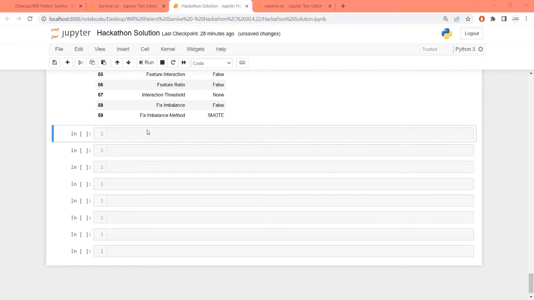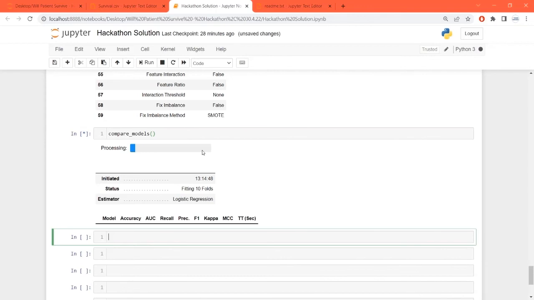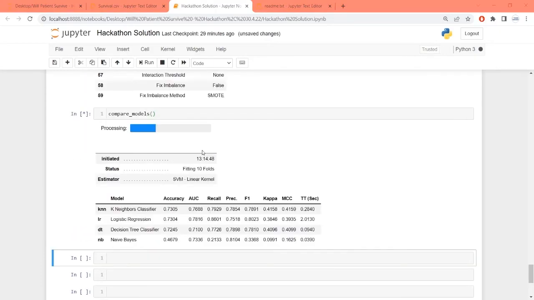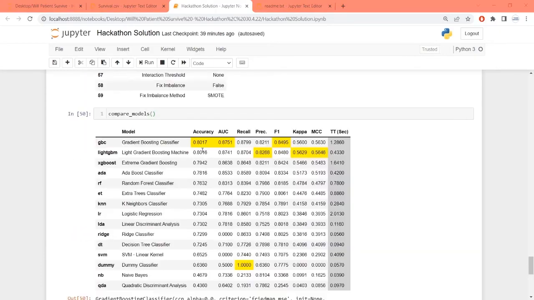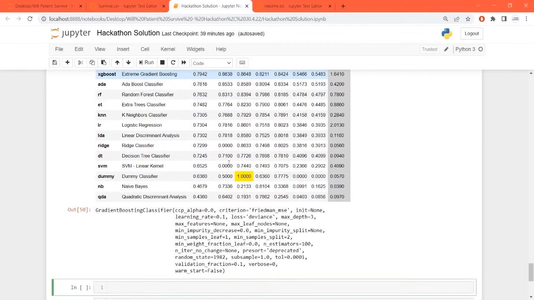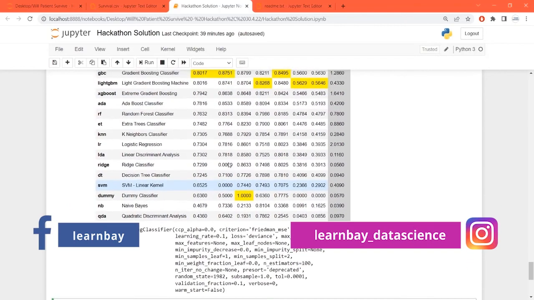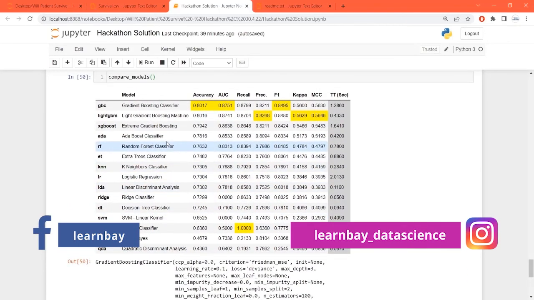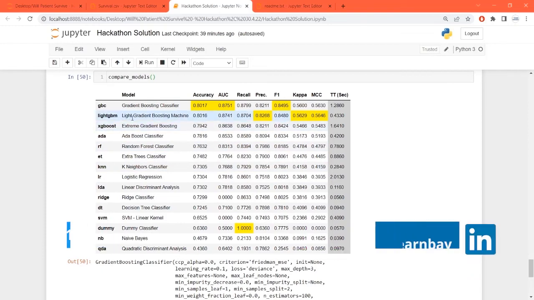Next thing that we do is to compare the models. It's a very inbuilt function in PyCaret, compare models. It's going to consume some time on the basis of models. After a couple of minutes, it is able to find the best model.